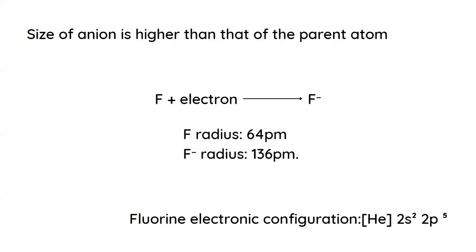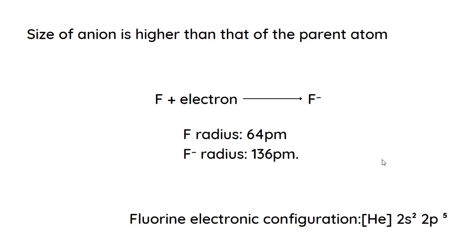The next one, the size of the anion is higher than that of the parent atom. Now, here if you see, you have fluorine as the example. When an electron is added to fluorine, it leads to the formation of an anion. And if you notice, the radius of the fluorine atom is 64 picometer and that of the anion is 136 picometer. Now, this is because, first of all, the electronic configuration of fluorine is